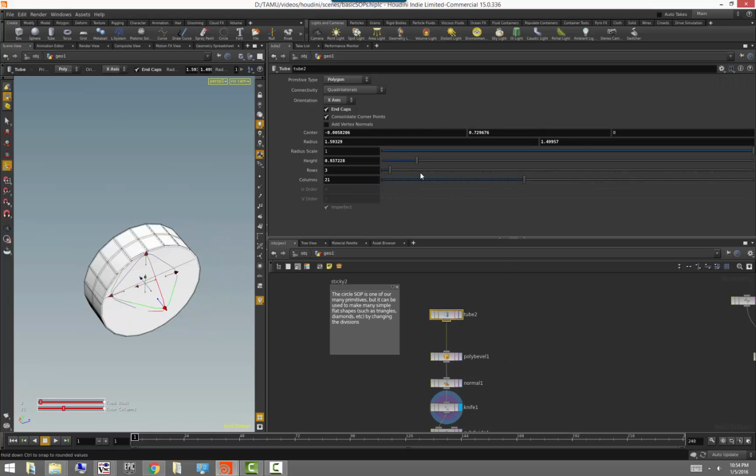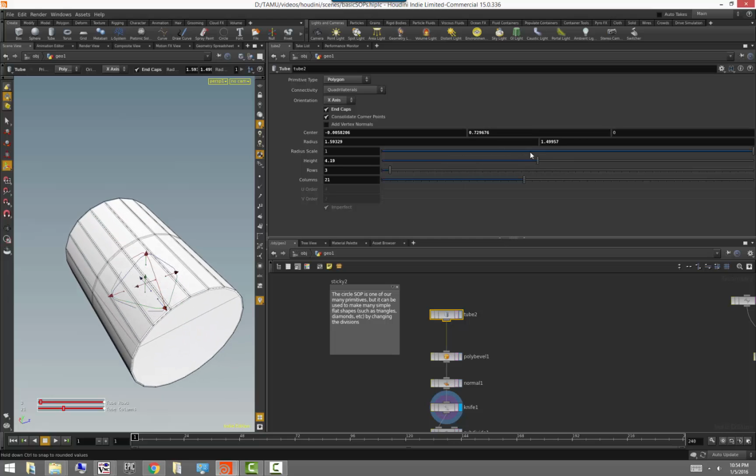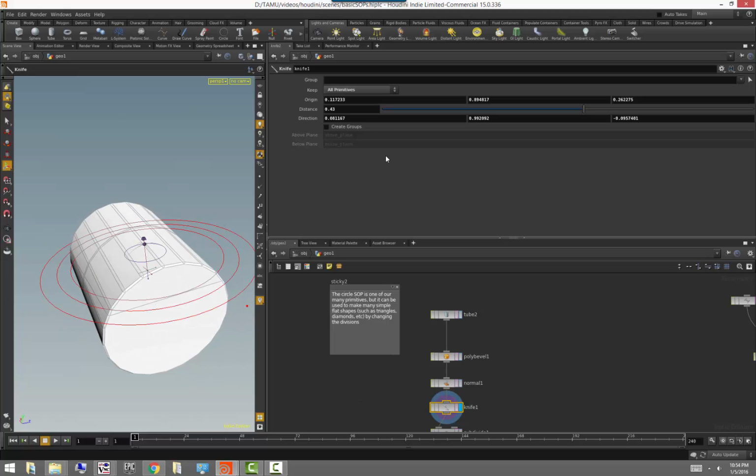Again, all of these operations are fully persistent, so if we come back to our tube and increase, you will see that the knife operation is still working as expected. Okay, very cool. You can also create groups. Most of these operators will allow you to create groups, which then you can use to filter operations down the line. Okay,